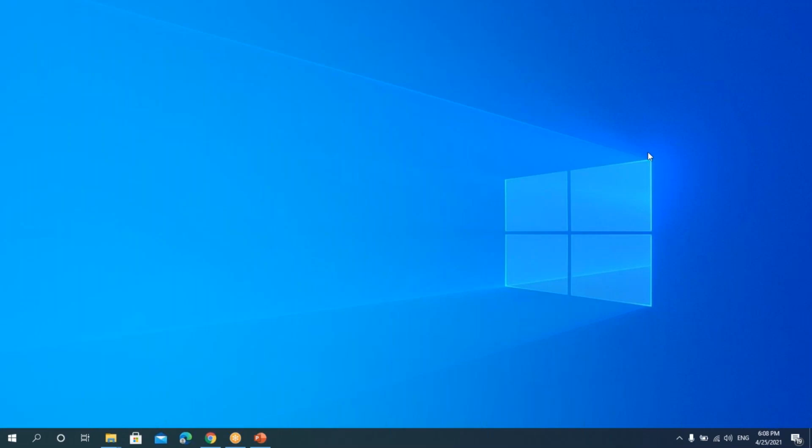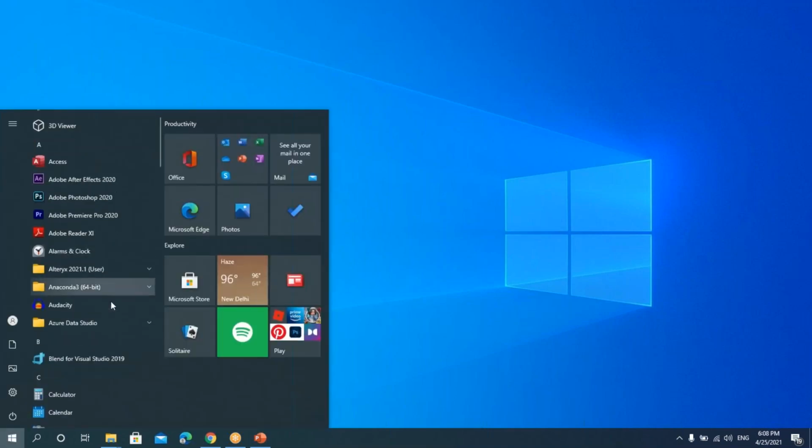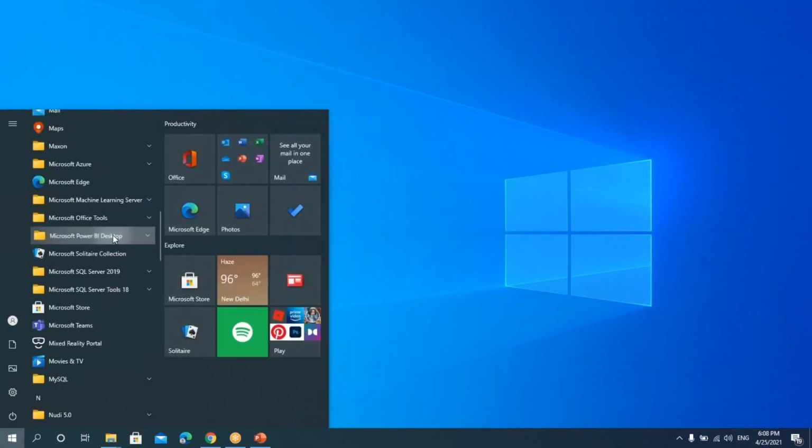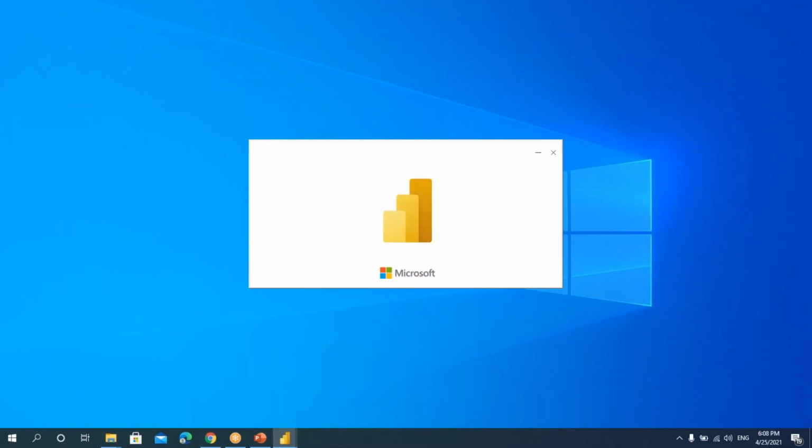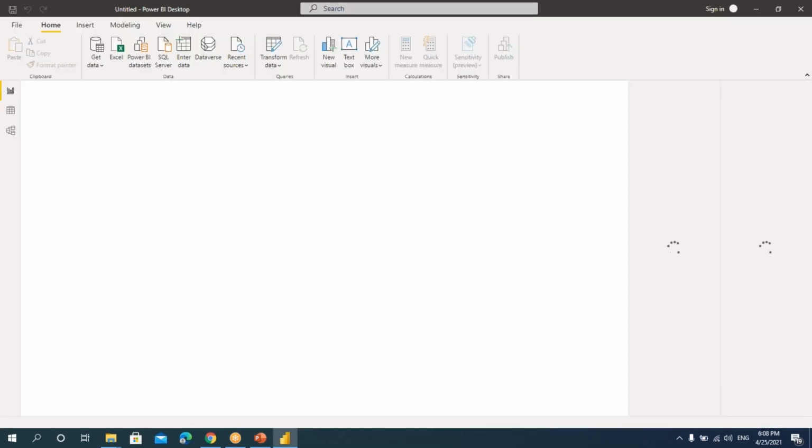All right. First, what we'll do is I'll open the application. Once we install, we'll get the application here. That is Power BI Desktop. Let me click on this. The application gets opened. What if I don't have the application? I've already installed it, but if I don't have it, I need to install it. Many of them actually think that we have to purchase and need to have a license and things like that. Yes, we need to have a license for the professional version.